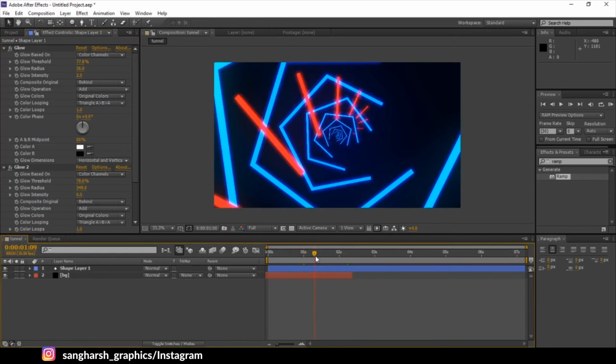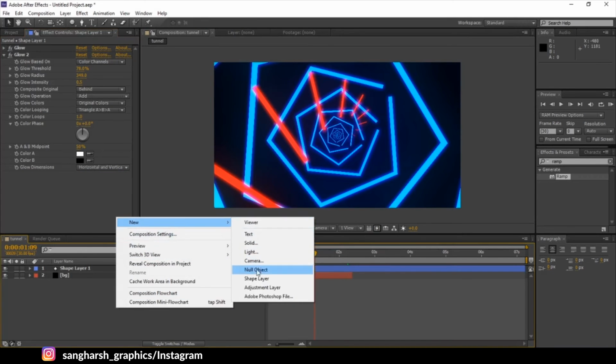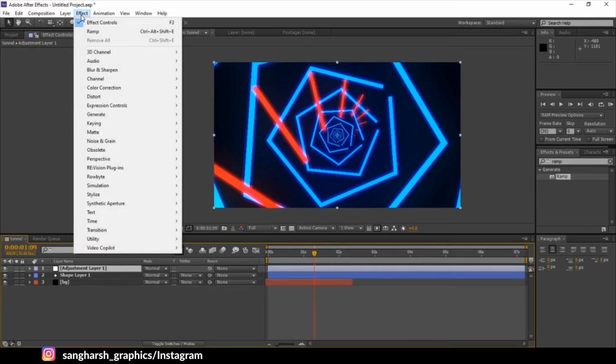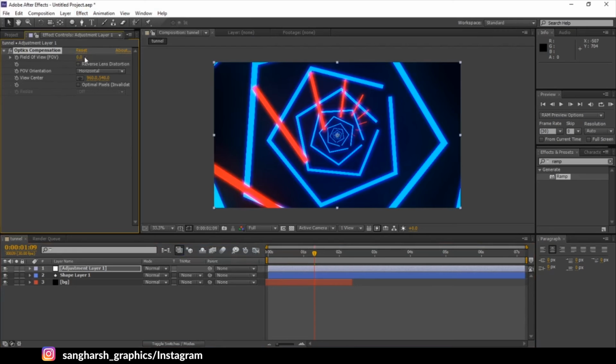Perfect. Let's add another effect, a new adjustment layer, effect distort. Let's type optics compensation, increase the field of view and set center to the center.